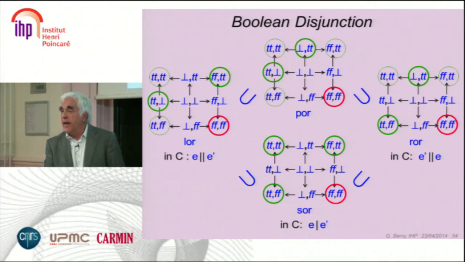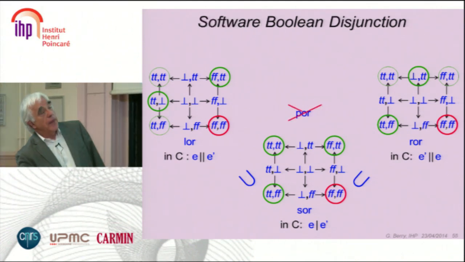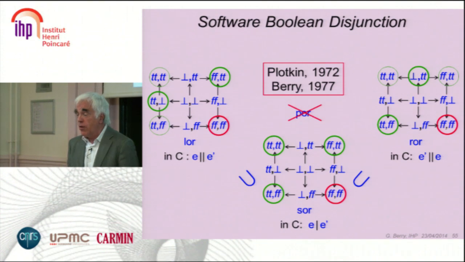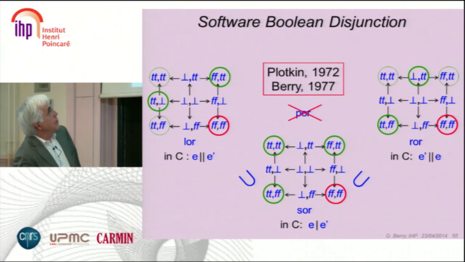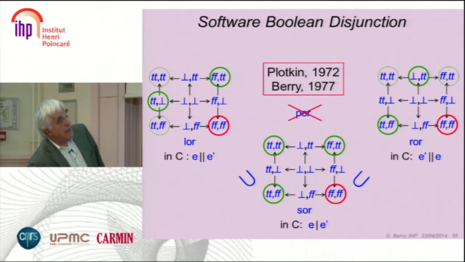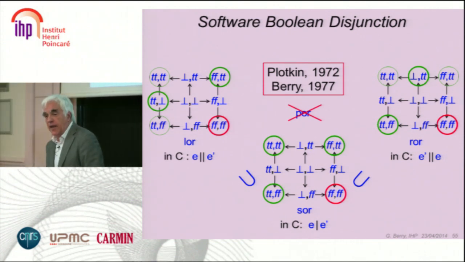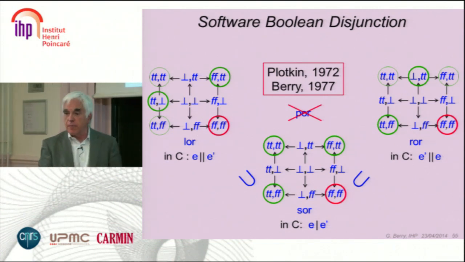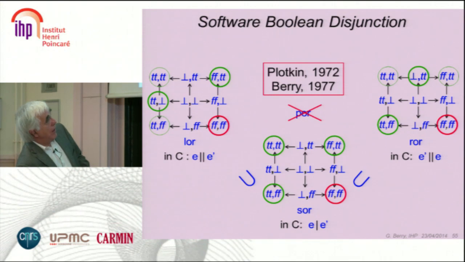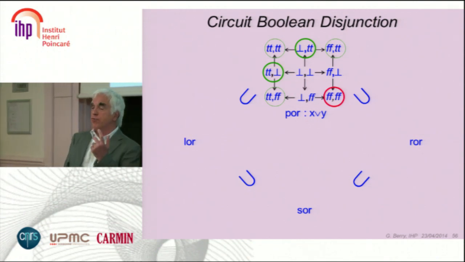And the bad news for software is that this guy cannot be defined in any programming language, in lambda calculus in particular, by the sequentiality theorem of myself and the stability theorem, actually, for this one. This one doesn't exist in software. You cannot define that function in lambda calculus. That's not entirely trivial, but it's a consequence of the standardization theorem, basically. And, well, a little more, but not much. And in hardware, it's exactly the contrary. The only one we have is the one we cannot do in software.